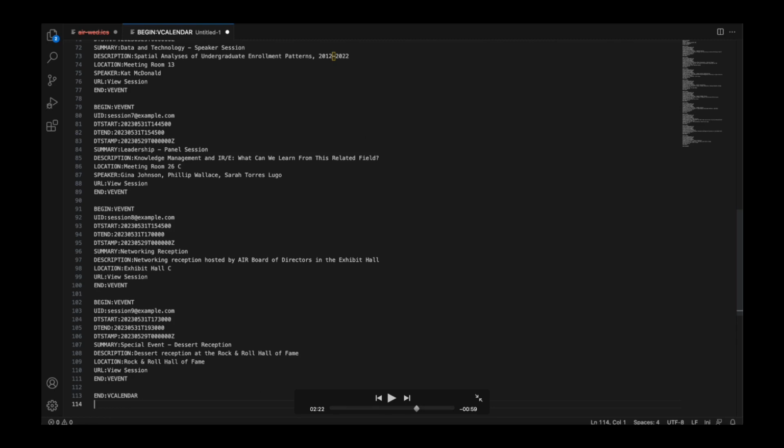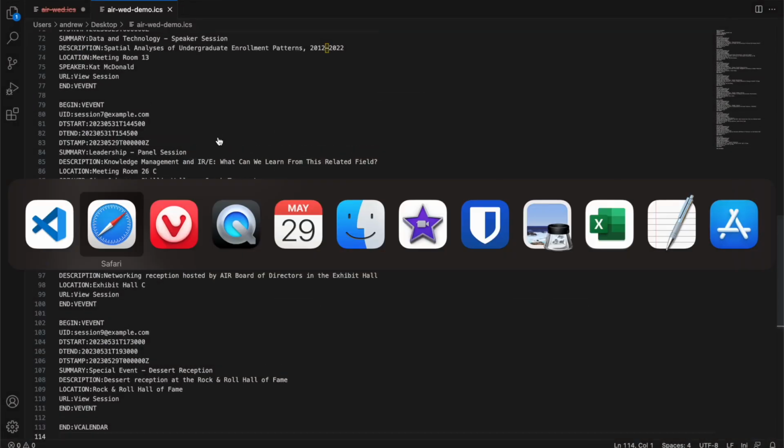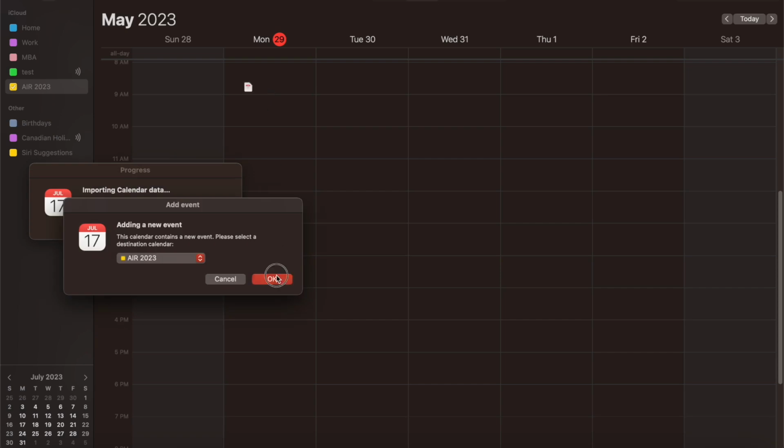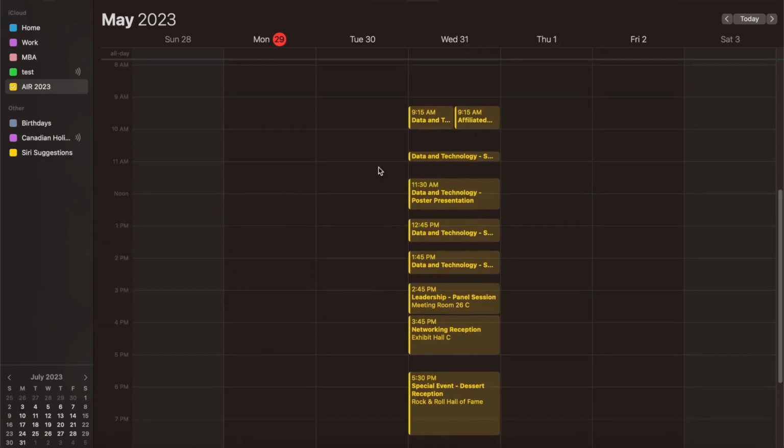I'm going to save this to the desktop for easy access and I'll call it air Wednesday demo.ics. The .ics is important so that your operating system knows to open it in a calendar application rather than something else. And now within my calendar, I've created a sample calendar, so that's what we're going to see when I open this. We can see now that all my events that I favorited have been added for Wednesday,